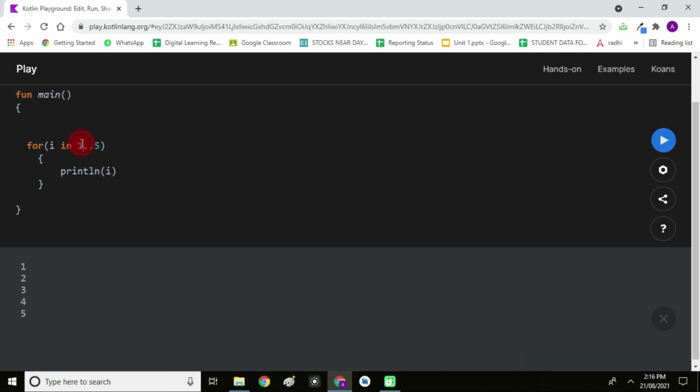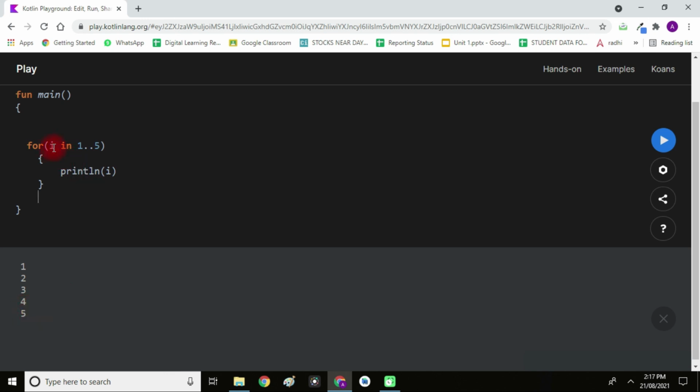This is the shorthand notation of writing the loop, where you can write the start index and the end of the index, so till what time it should repeat. This thing you can write in a for loop. Now if you don't want to go to 5, if you want to skip the last part, you can use until. This is a keyword you can use, which will not go till the last position.